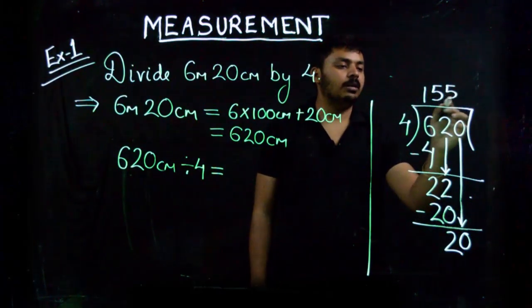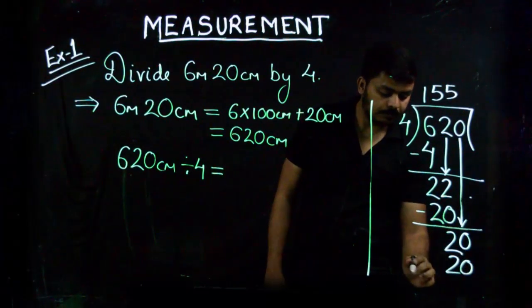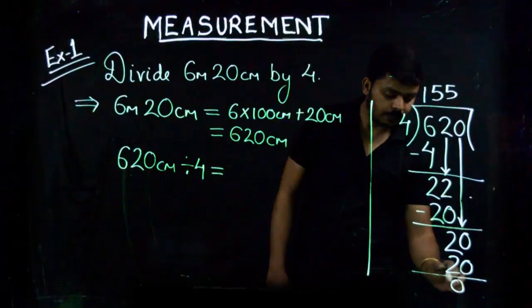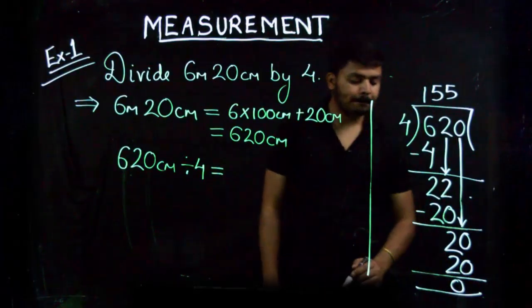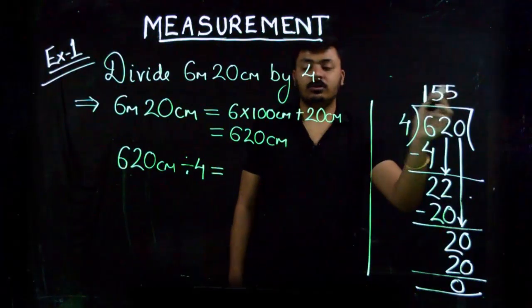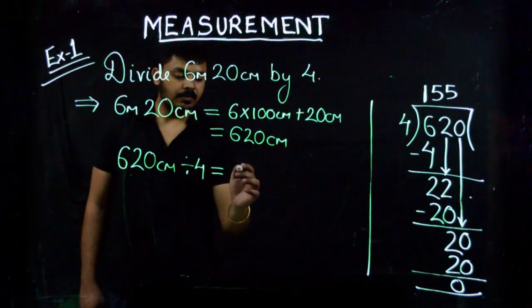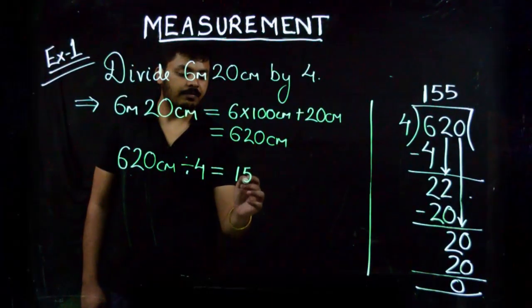So 4 multiplied by 5 is 20. So our quotient is our answer. So we get 155